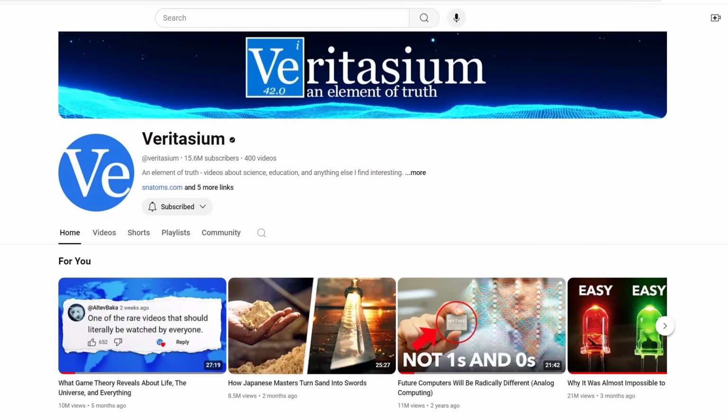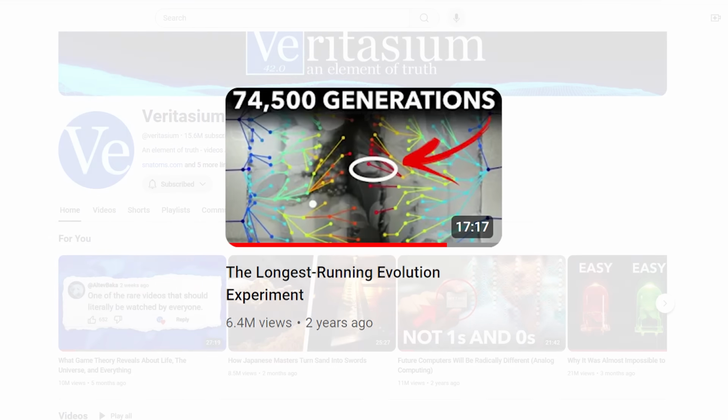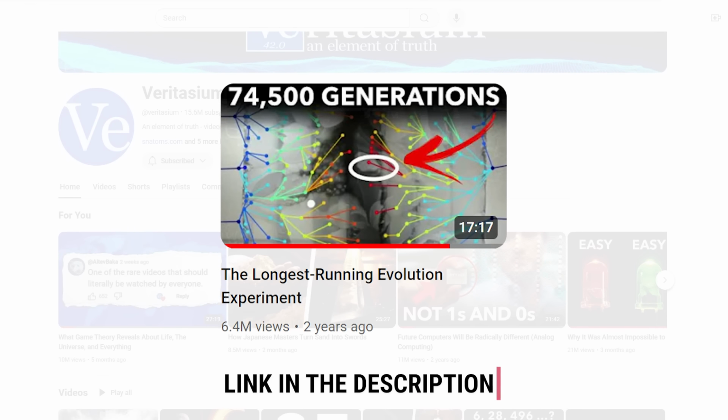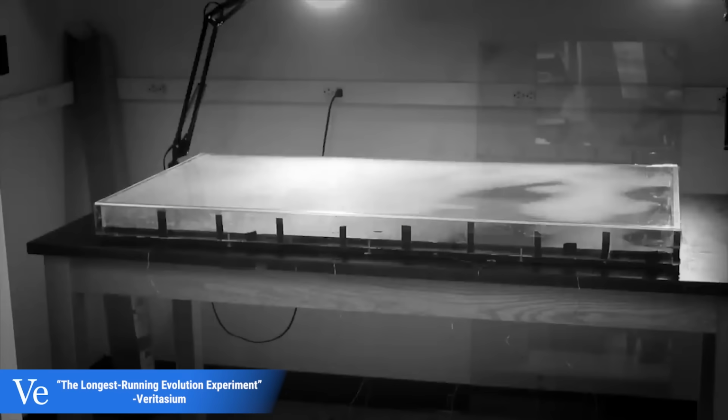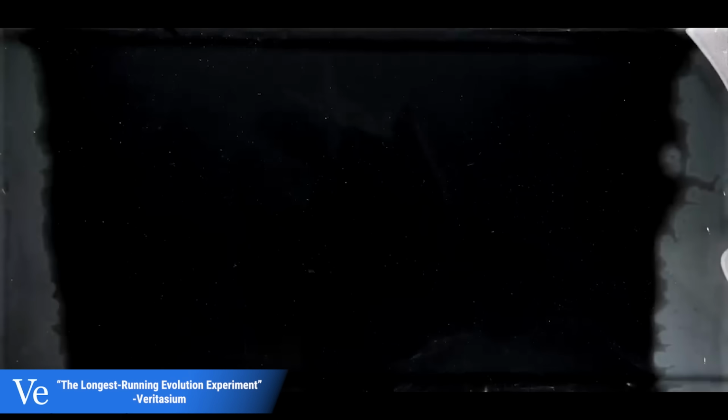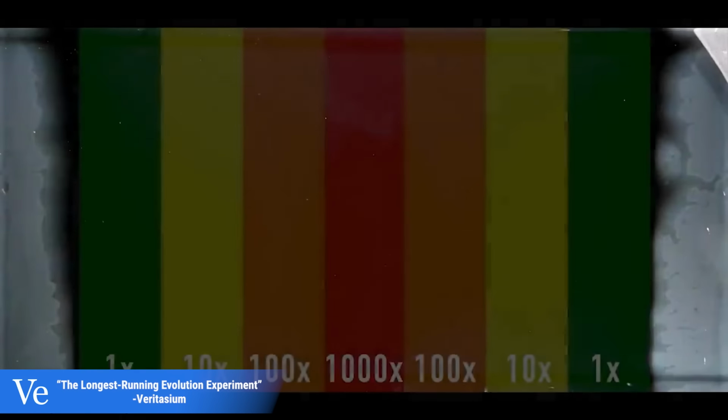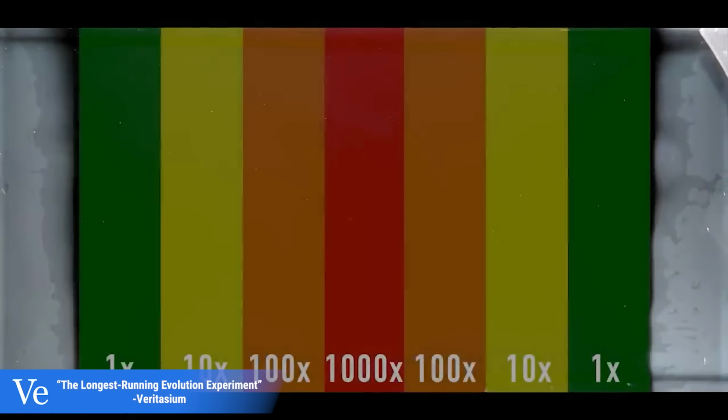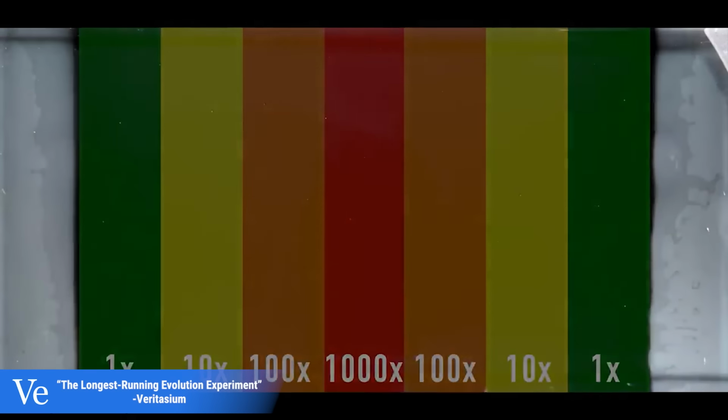You might have heard about this experiment in a video from the popular YouTube channel Veritasium. In the beginning of that video, Derek shared another experiment where they let bacteria evolve across strips of agar containing increasing concentrations of antibiotics. Over a matter of days, the bacteria evolved new resistances and gradually colonized the strips, an example of evolution in real time.